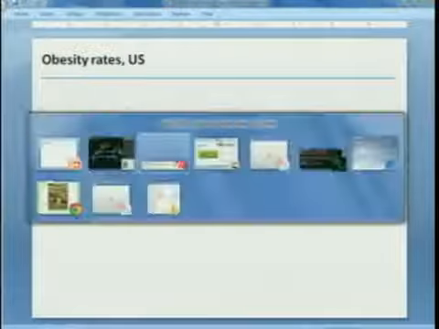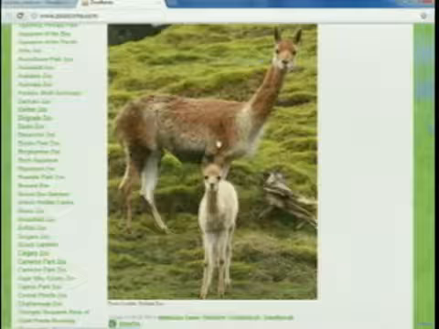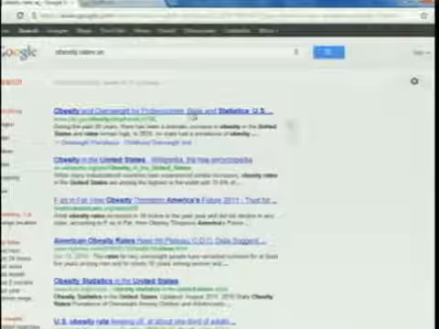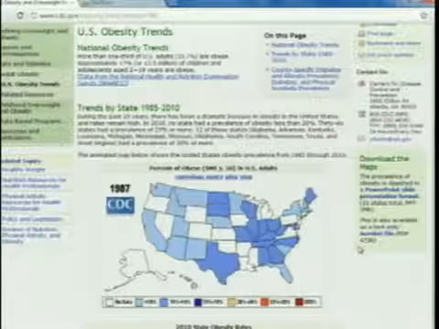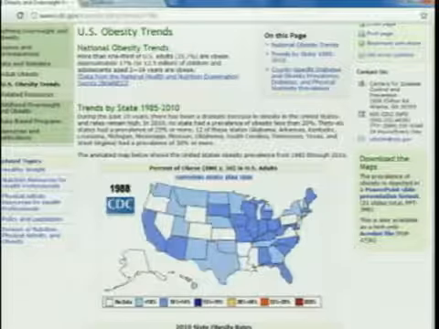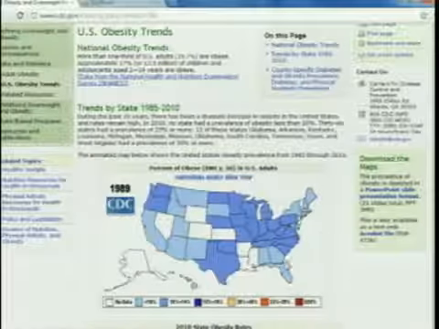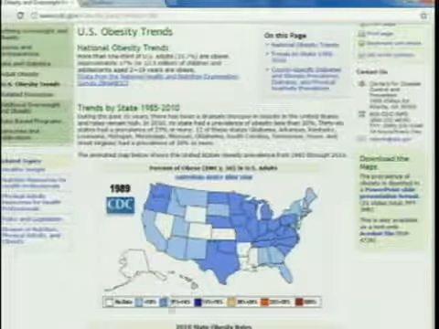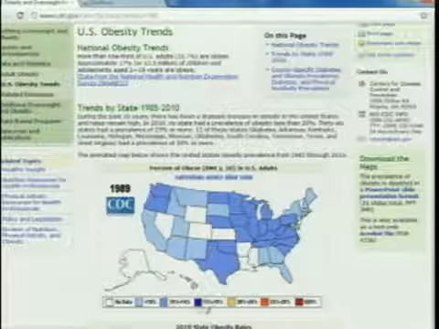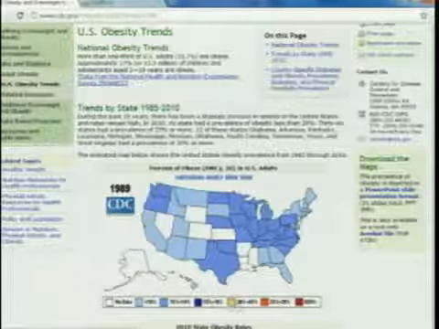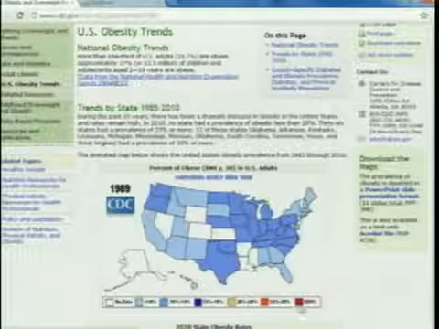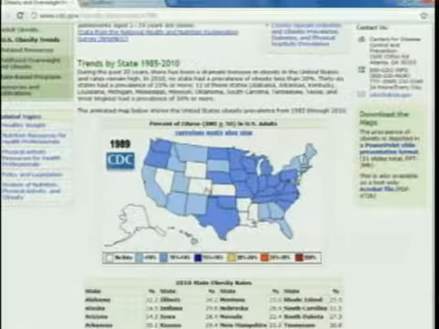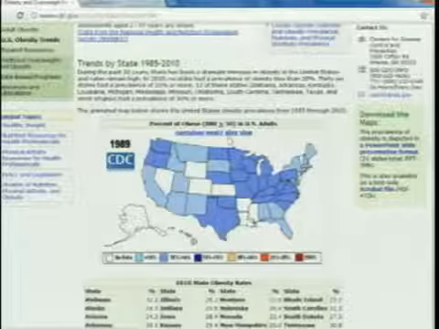Those of you who haven't seen this, prepare to gasp. But I suspect that many of you have. These are obesity statistics for the United States. Blue is, let me pause this for a sec. So blue is 10 to 14% obese individuals. Dark blue is 15 to 19%. This color, I'm partly colorblind, I don't know what color that is, 20 to 24%, and this color is more than 30%. 1989, this is what the United States looked like.